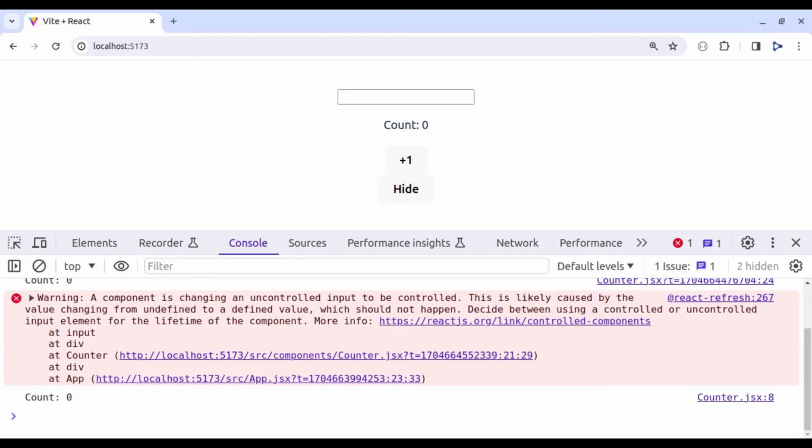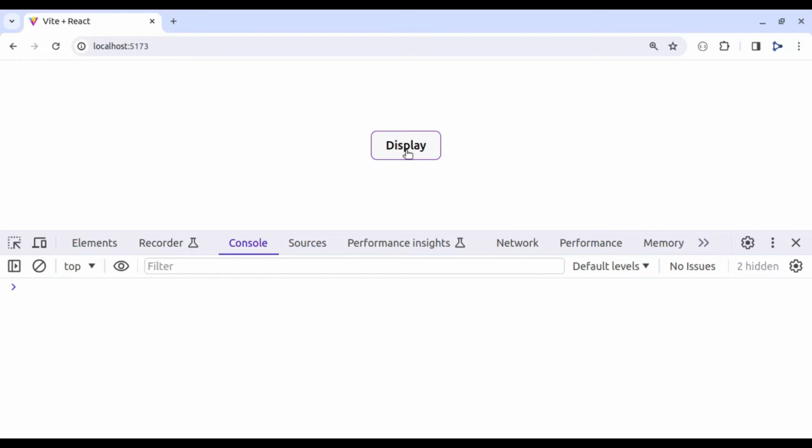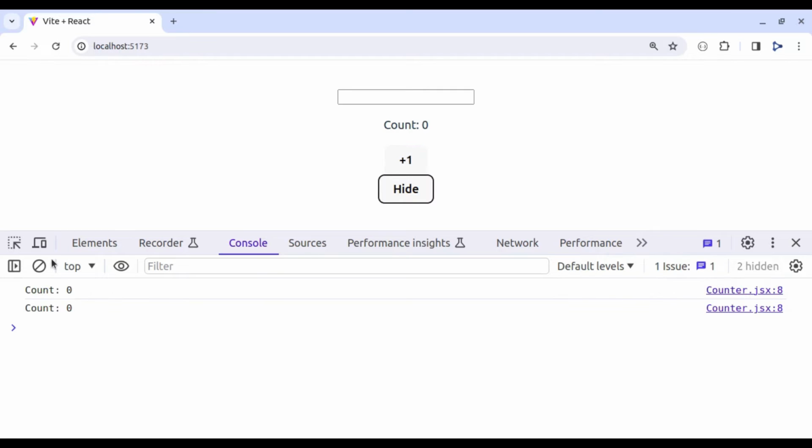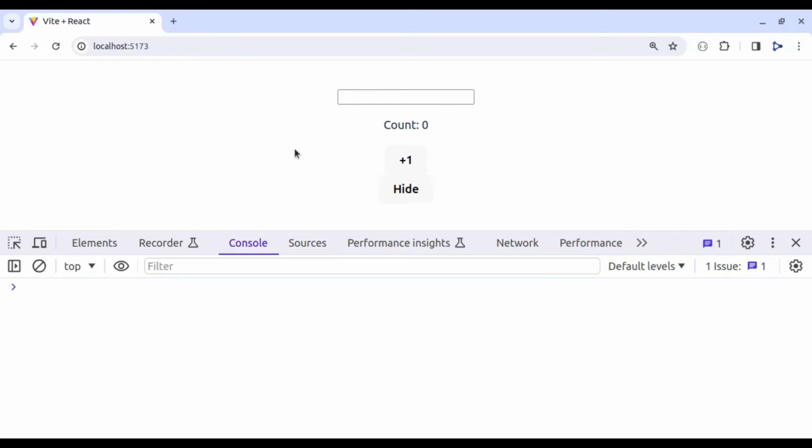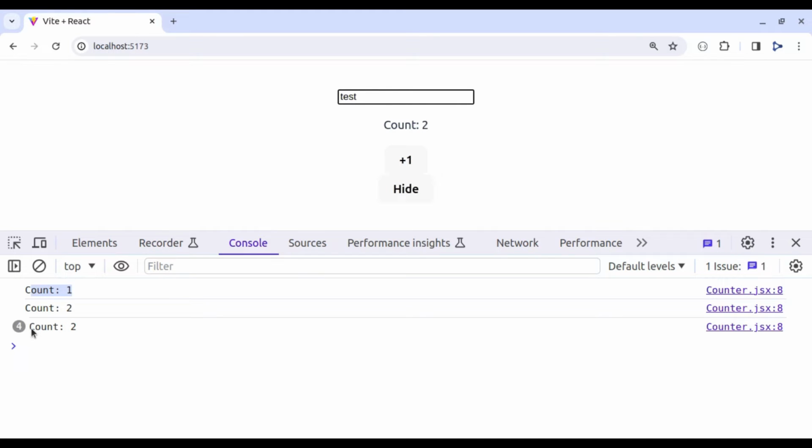Now let's go back to the browser, refresh, and display the component, and here we get count 0. Now on increment count we get the console log, and if I type anything in this input field, we also get count in the console log. Now if we increment the count value or type anything in this input field, we get the same console log